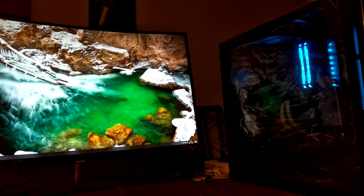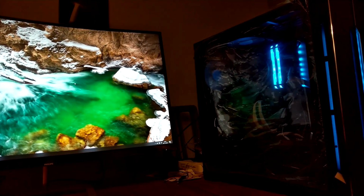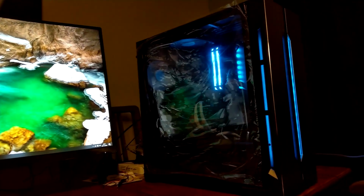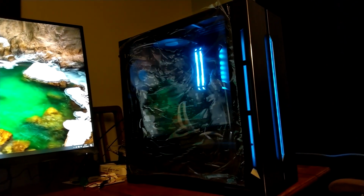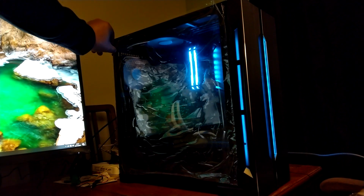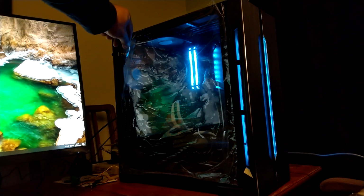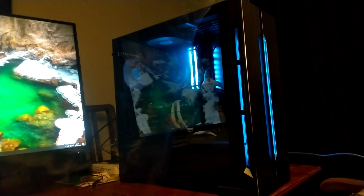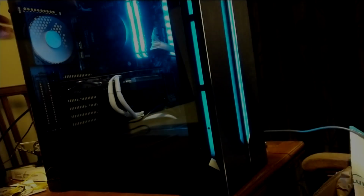Hello, I'm Simon, and this is my new PC which I built with the specific aim to be a video editor, to be able to cope with high definition footage easily, and also be a new gaming PC. And it was a very enjoyable experience doing all the research and everything for it, but I'm a bit of a nerd like that, I suppose, and so I thought, now it's all done and up and running, I would just do a little video just talking you through the various components that